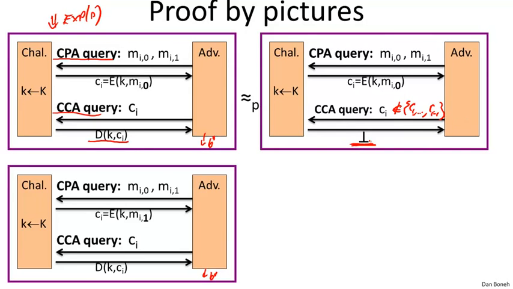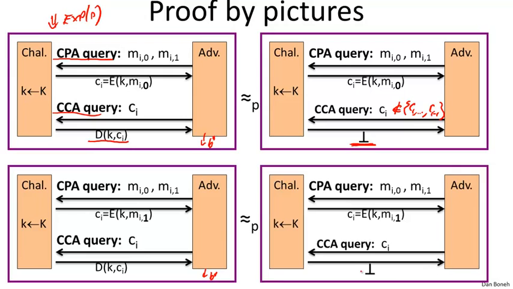If the adversary, in fact, could distinguish between the left game and the right game, that would mean that at some point he issued a query that decrypted to something other than bottom, and that we could use to then break ciphertext integrity of the scheme. And since the scheme has ciphertext integrity, these left and right games are indistinguishable. Okay, so that's kind of a cute argument that shows that it's very easy to respond to chosen ciphertext queries when you have ciphertext integrity. And the same thing exactly applies on the bottom, where we can simply replace the chosen ciphertext responses by just always saying bottom. Okay, very good.